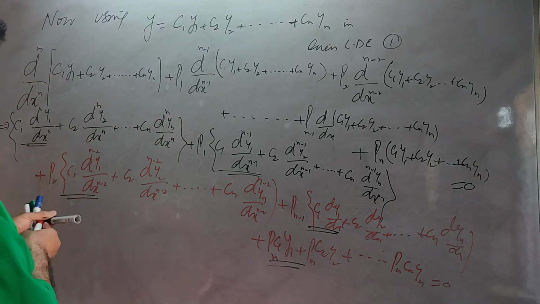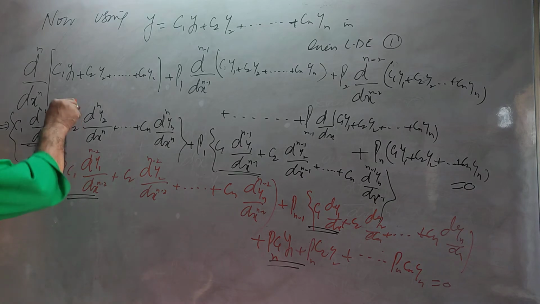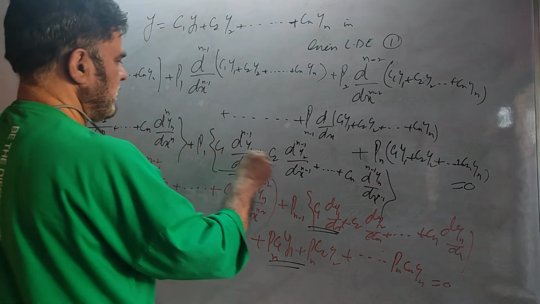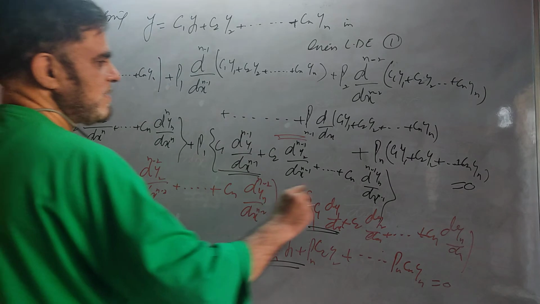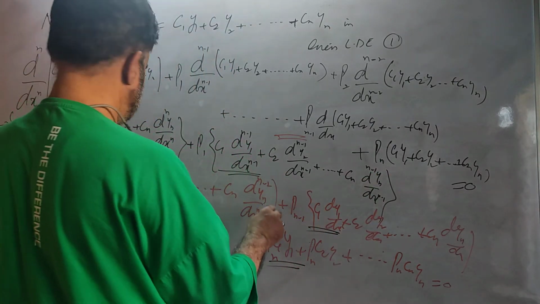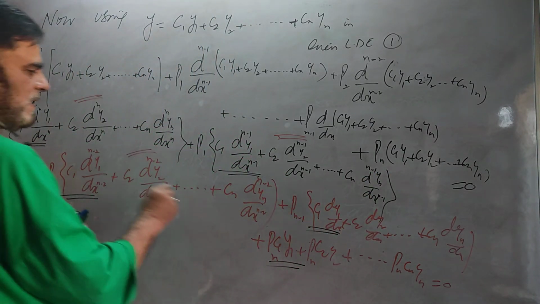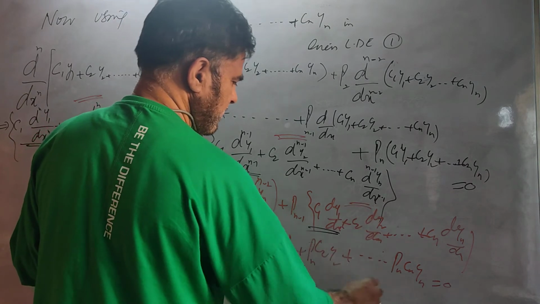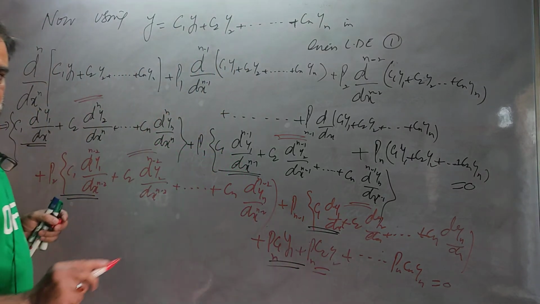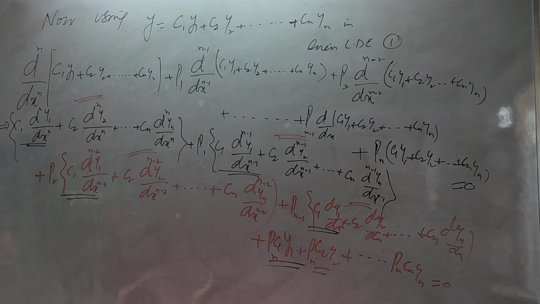Then I will connect the c2 terms, this is your c2 term, this is c2, and so on. I will make the groups accordingly, taking c1 common. When you take c1 common, what you get? This is d^n y1/dx^n, then plus